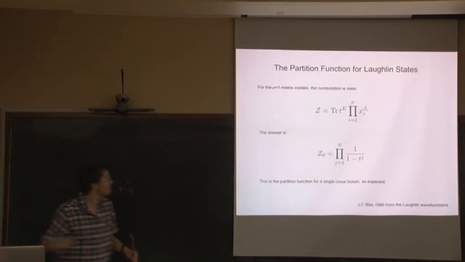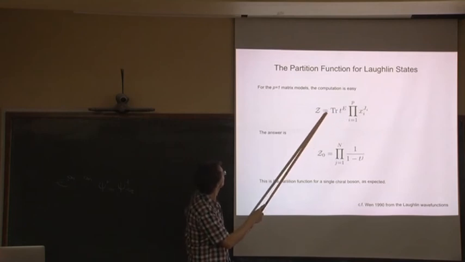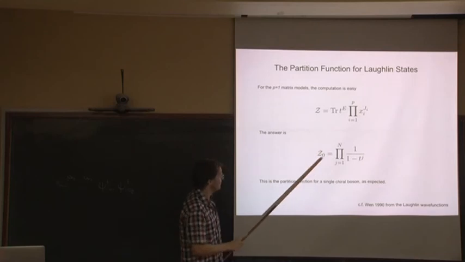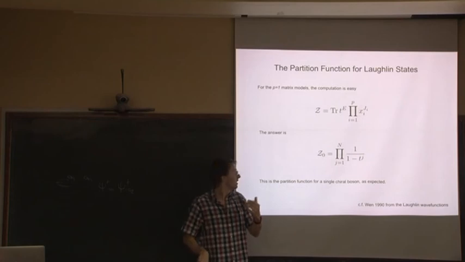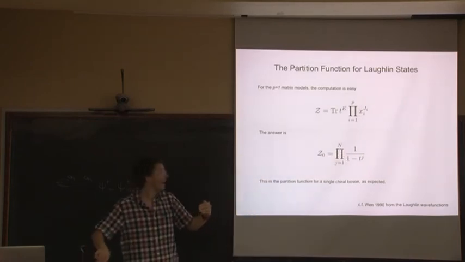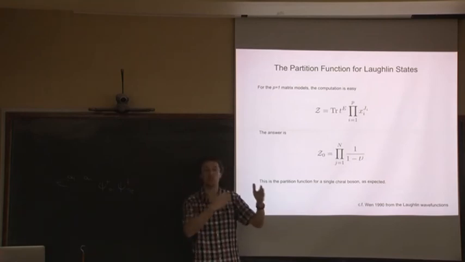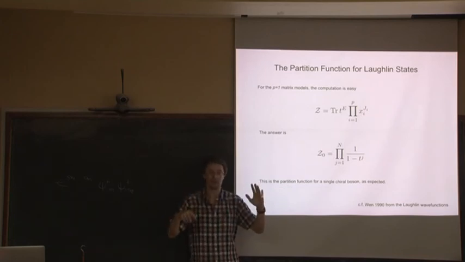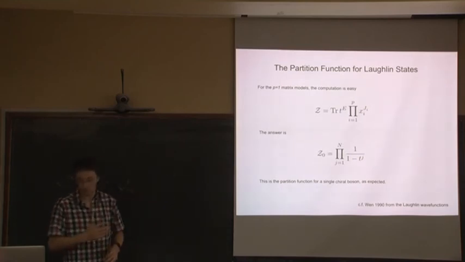For the U1 theory, it's very simple. Even I can do it for the U1 theory. That shouldn't be there, of course, for the U1 theory because there's no SUP. And the answer you get is just the following. This is the partition function for a chiral boson, at least in a limit where n goes to infinity. And it's been known since Wen's work from the 1990s that that's precisely what you get if you just enumerate all excitations above the vacuum, because there's a chiral boson. Okay, so for U1, we just reproduce standard physics.